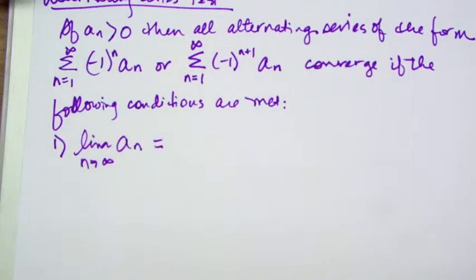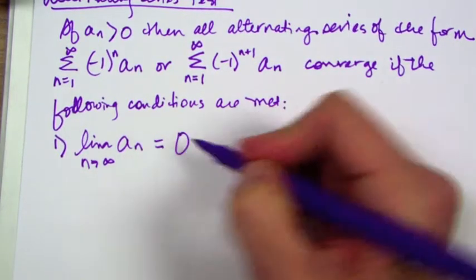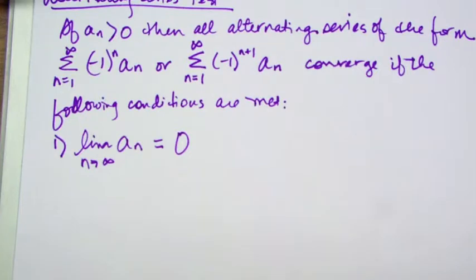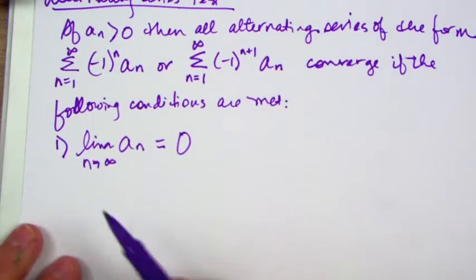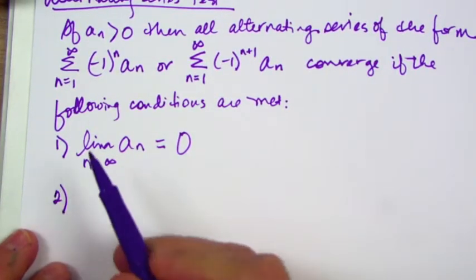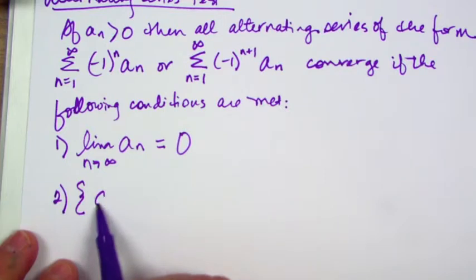What do you think that's going to have to equal if this thing has a chance at converging? 0. The terms of that sequence have got to be approaching 0 if we're going to have a chance for this thing to converge. And then the second thing is